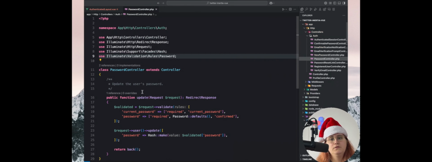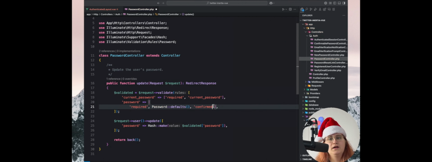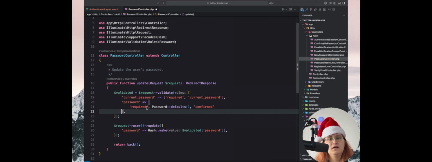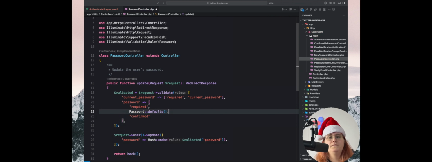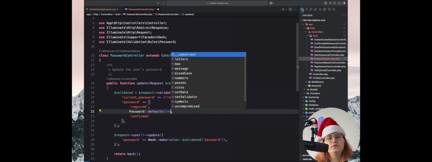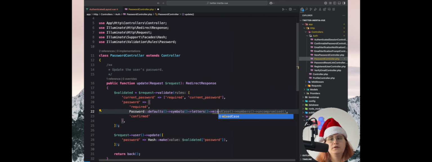If we take a look at how this may work, I'm going to first and foremost add this onto a new line in this application. I'm going to ensure that we have this on this side here. Now, for example, say we want symbols to be required. We want it to have letters. We want it to have mixed case and numbers. And we want to have